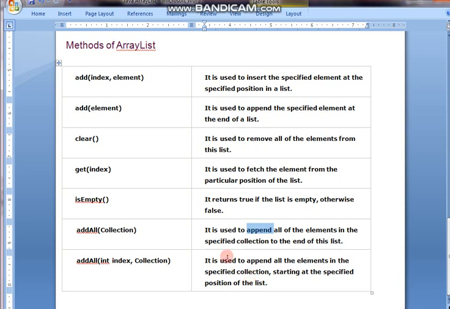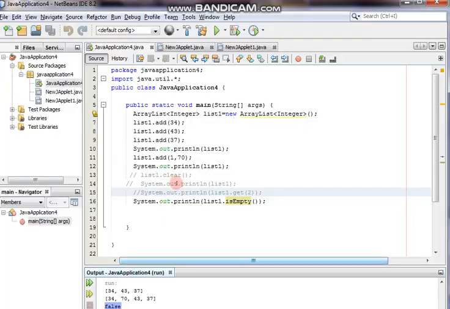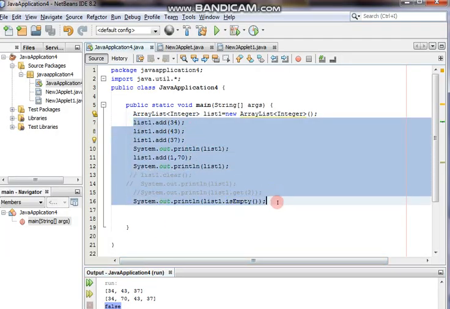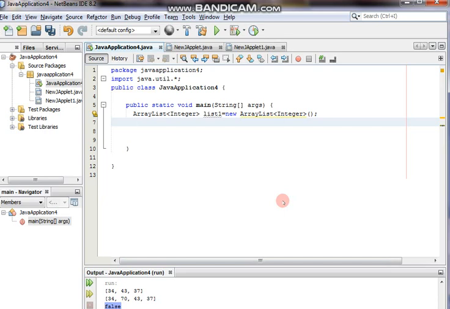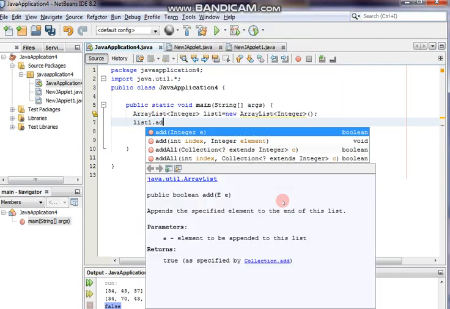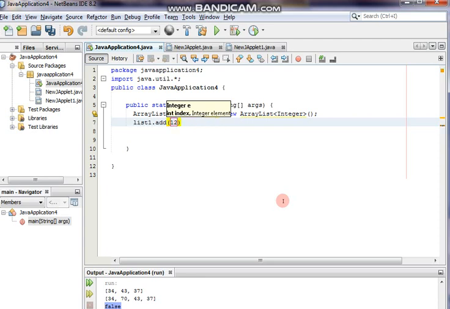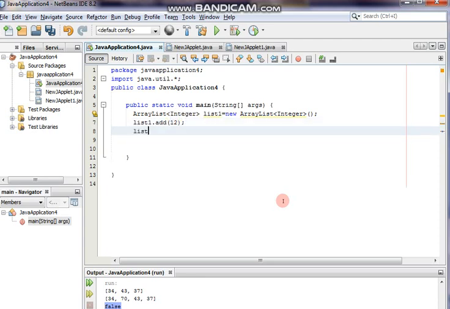Fine. So in this case, for seeing this example, how many lists do we need? We need 2 collections, and there should be data in these 2 collections. So let's go to NetBeans and check. So I'm declaring here list1 dot add. I'm just adding some data here. Suppose say 12. list1 dot add, adding 54. These 2 data, let it be.